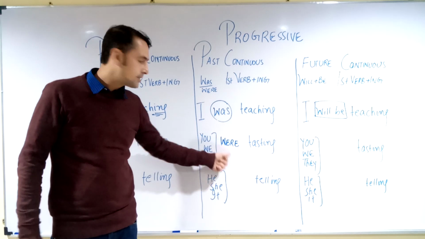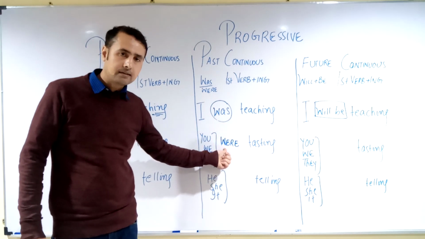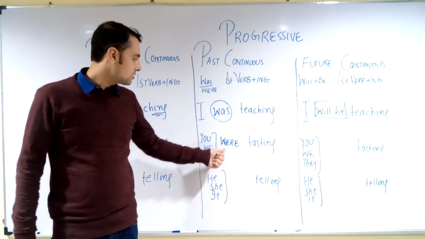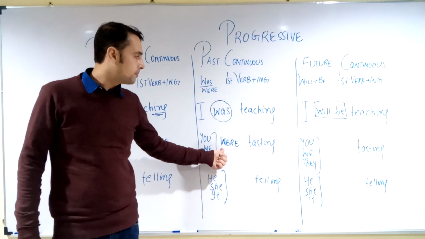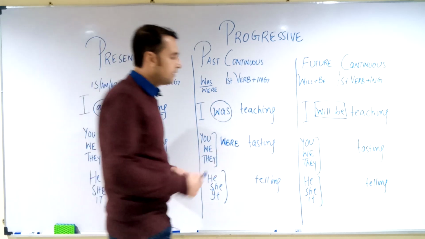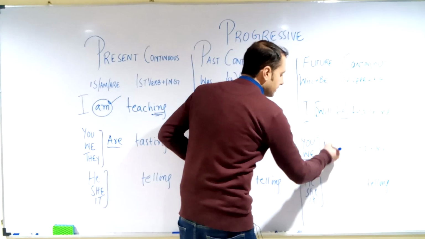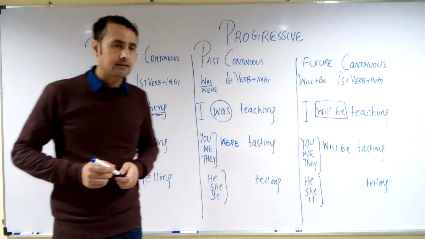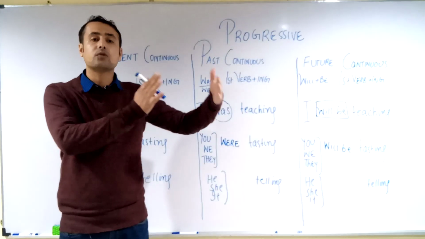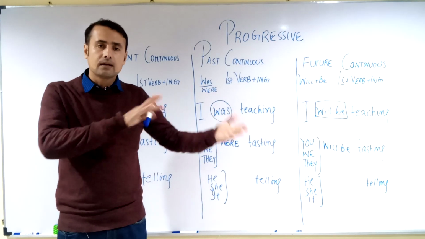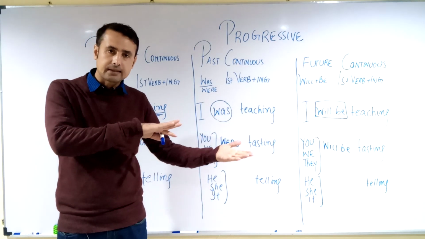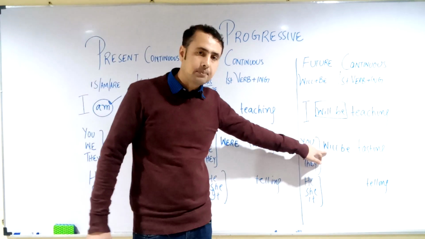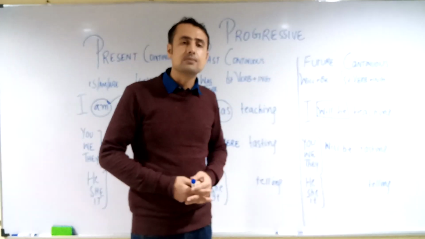What I did, I simply put were instead of are, and the tense changes from present continuous to past continuous. If I use will be with you, we, they, you will be tasting. तुम टेस्ट कर रहे होगे. Now, instead of कर रहे थे, I used will be, so it becomes